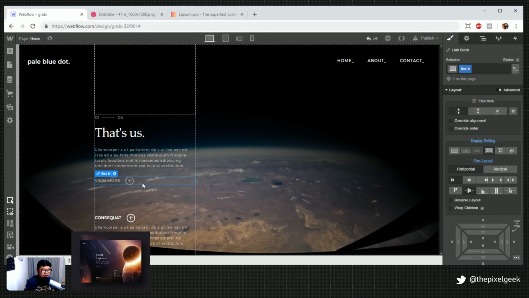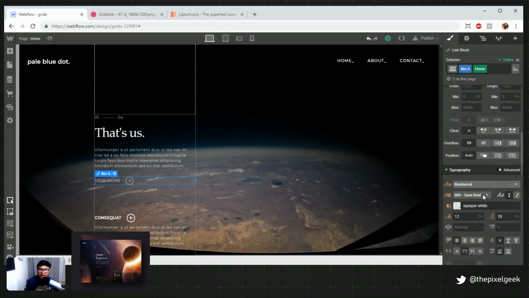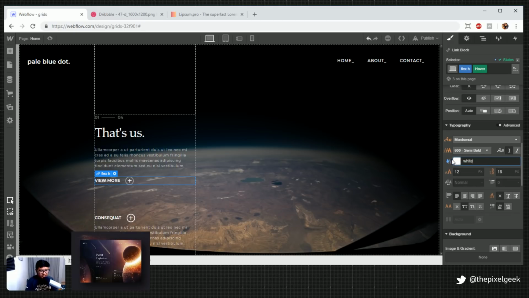Okay, hover states. Because this is not done. So when I hover over this, view more needs... How do I change border color if I hover over this? That's so weird. Kind of hacky. So what I'm going to have to do is on my states, I have to go hover. And for the text, I can set it to white. But look at this guy, this border. Not good. Oh, I don't have to set it here. I can set it in the interactions. Let's do that instead.